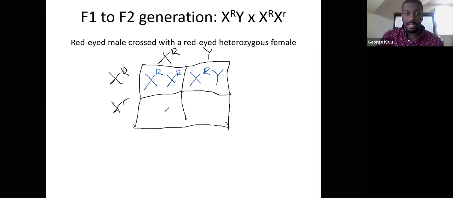And then this bottom left, X big R, X little r. And then bottom right, X little r Y, perfect. All right, so now again, if we want to take a look at our offspring, looking at our offspring as a whole,